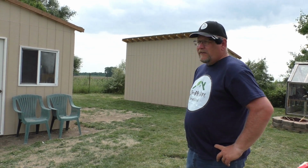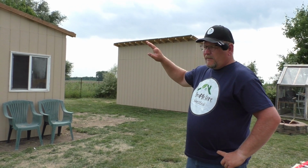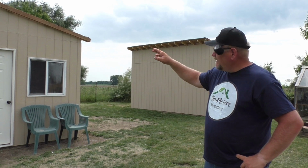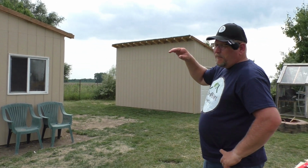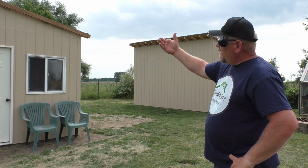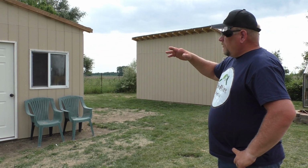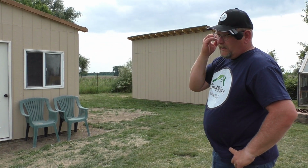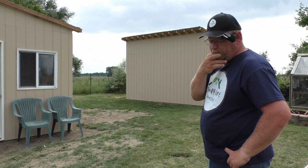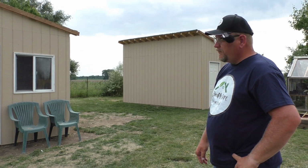So earlier I did come out, Cindy wasn't with me, but I did put up a couple rake extensions on the roof here. So I am going to have to go out and put a strip of plywood on. But basically I got some pressure treated lumber, and I went out 3 inches from the roof line, so the water isn't right at the wall. My plan down the road will still be to put a bit of a canopy over the doors,